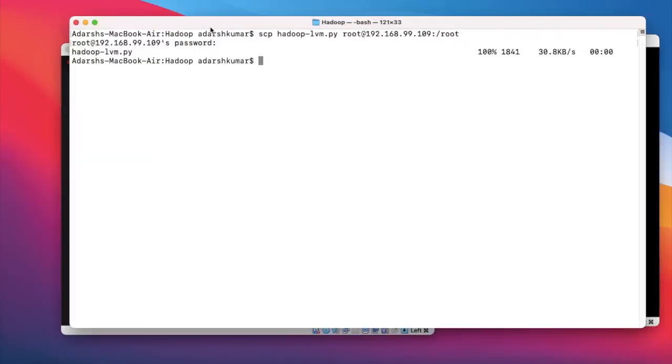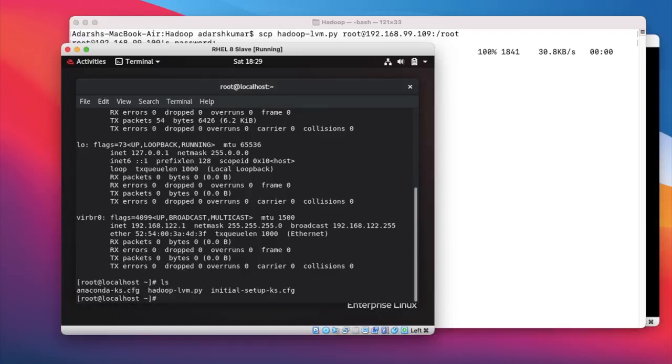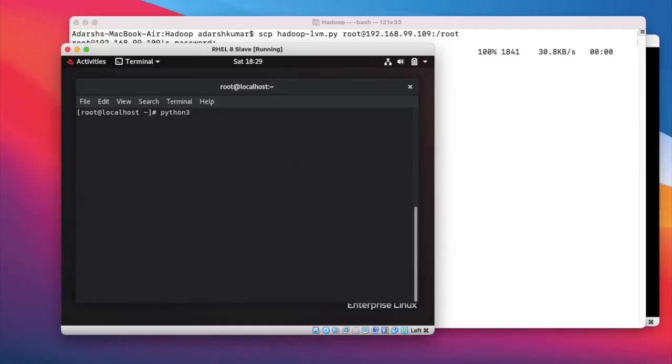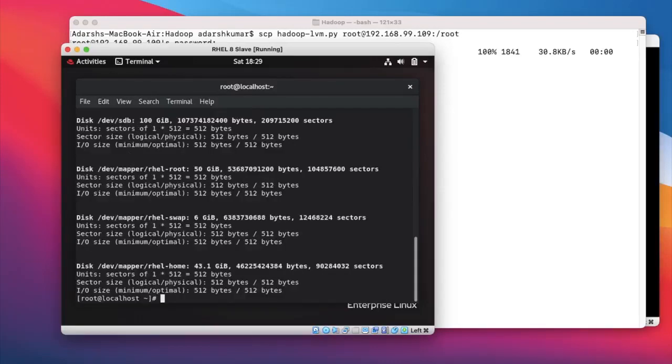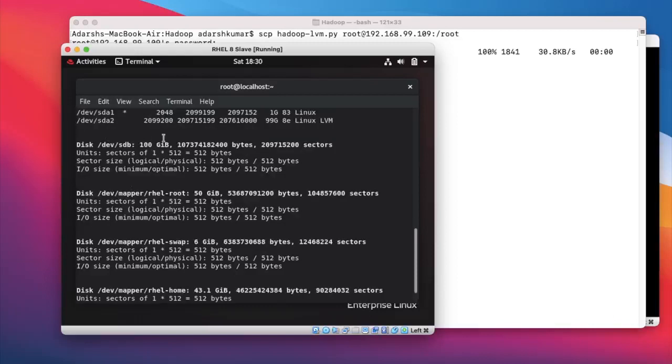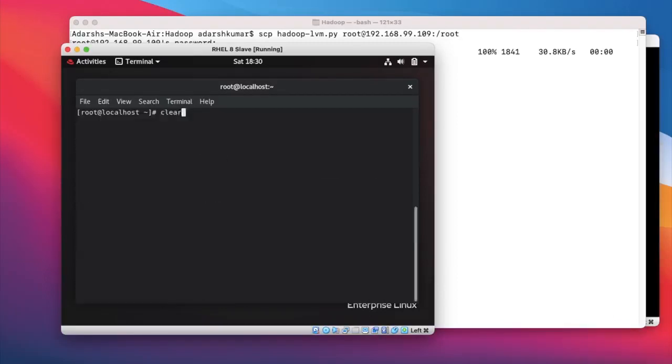And in your case, if this command fails, then go to the data node, first stop the firewall, and then type this command again. Let's see whether the file is coming or not. So here we can see that our file is present and now we have to run this file. For running it, type python and then the name of your file and press enter. Before running this file, we first have to know the path of our attached hard disk. For that, type the command fdisk -l, and here the path of our hard disk is /dev/hdb. Now let's run the Python code.